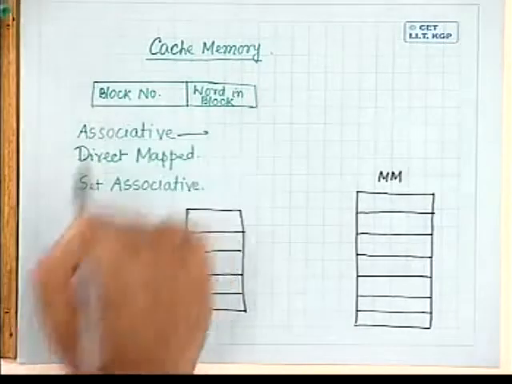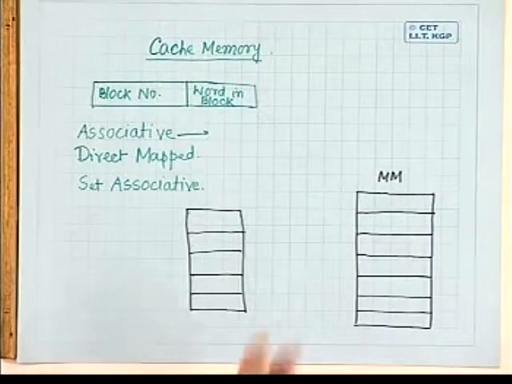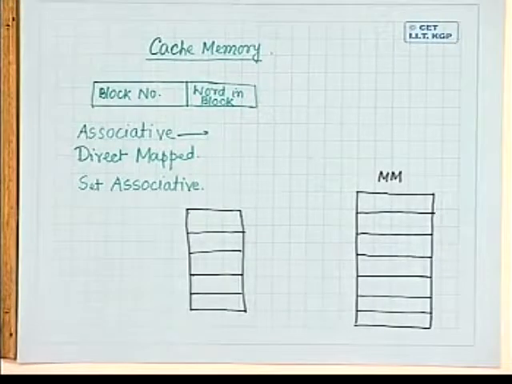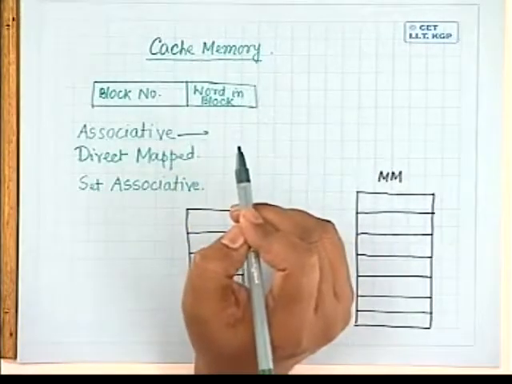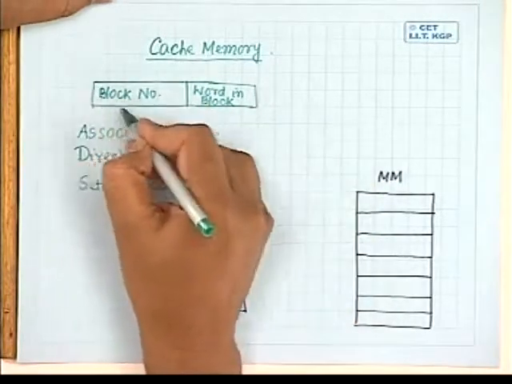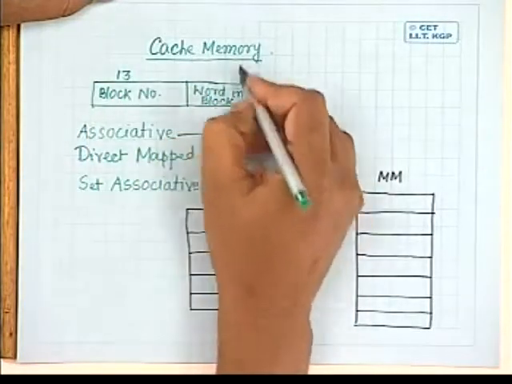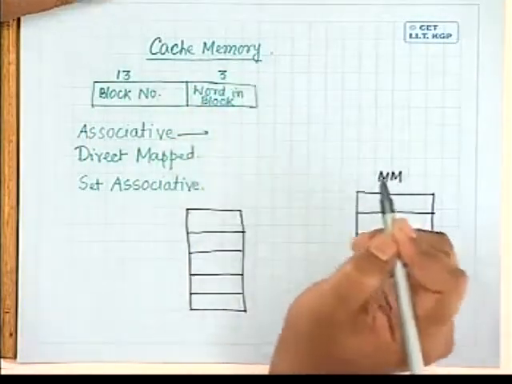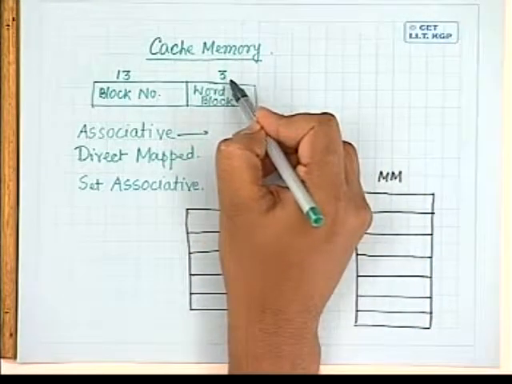Now coming to this example, let me consider a smaller machine which accepts a 16-bit address. Out of those 16 bits, suppose the block number contains 13 bits and the word in a block contains 3 bits. Okay. So obviously every block will consist of 8 bytes,